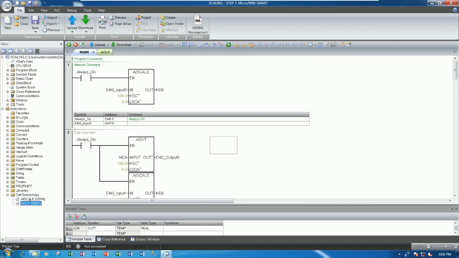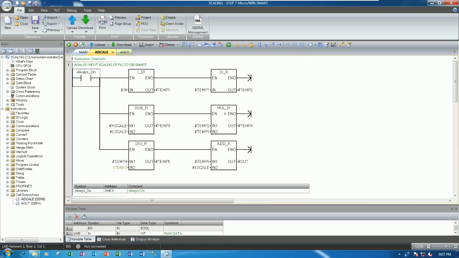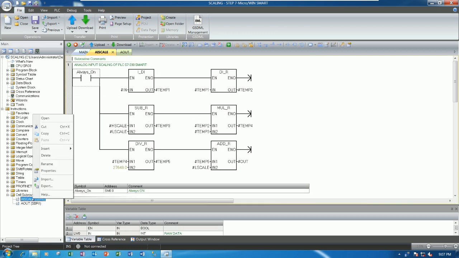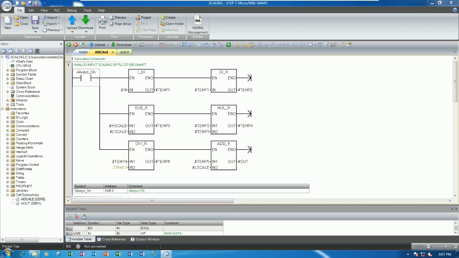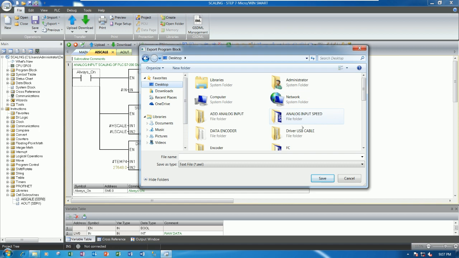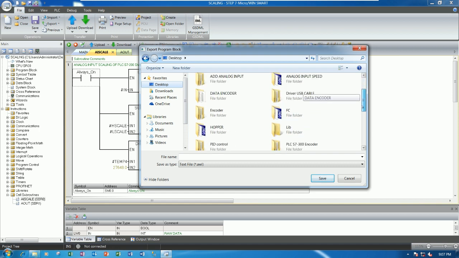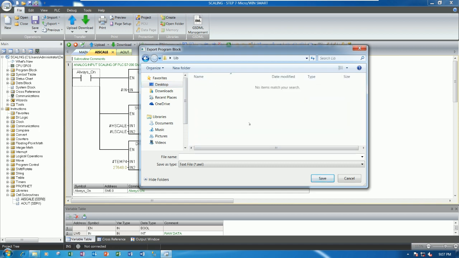So if I would like to export this block, because I don't need to create this block again, I can export it: right click here and then use export, and export to where? Okay, export to the lib, and here we can write another name that we will use,